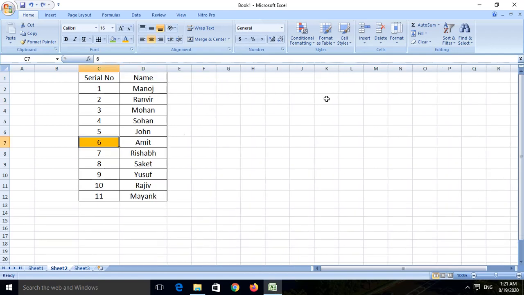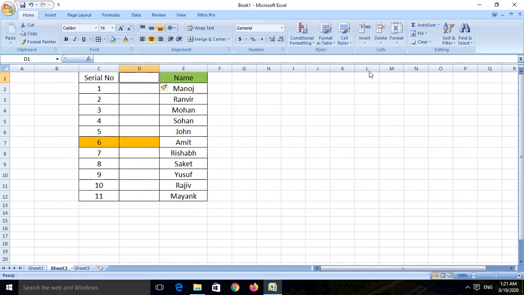So again I am repeating that when you have selected a cell and are trying to insert a row, the row is inserted just above the selected cell, and whenever you are trying to insert a column, the column is inserted just to the left hand side of the selected cell. So this is the way we can insert a row and a column into a worksheet.